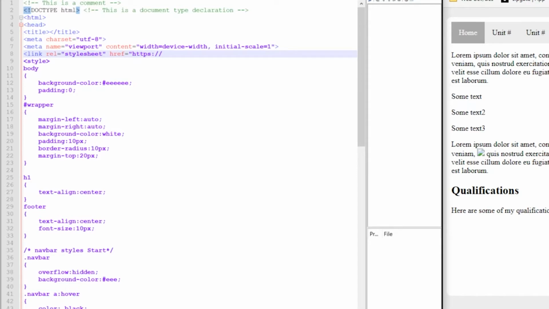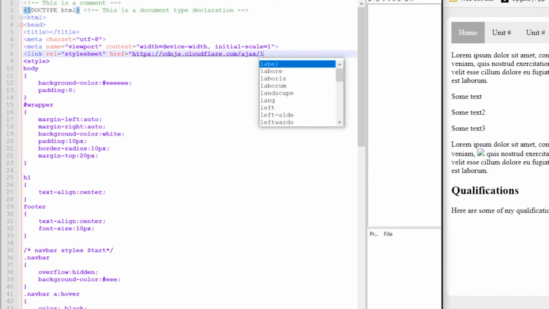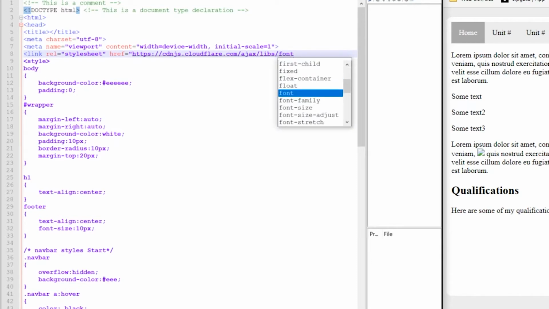So that's going to be cloudflare.com/ajax/libs/font-